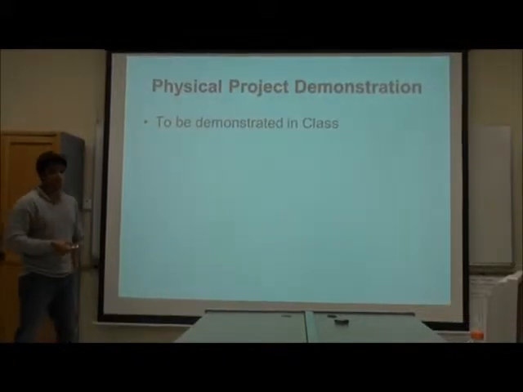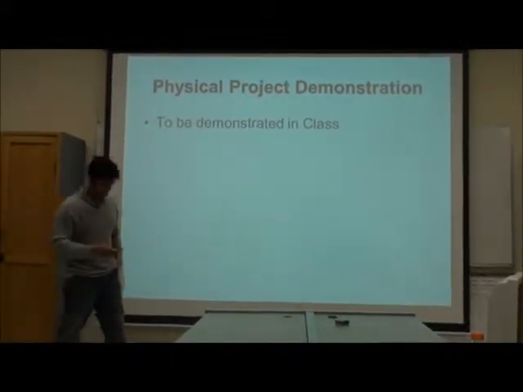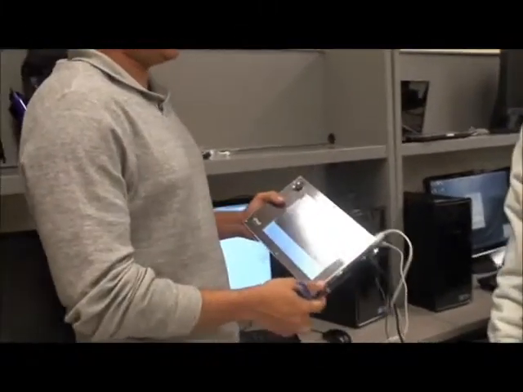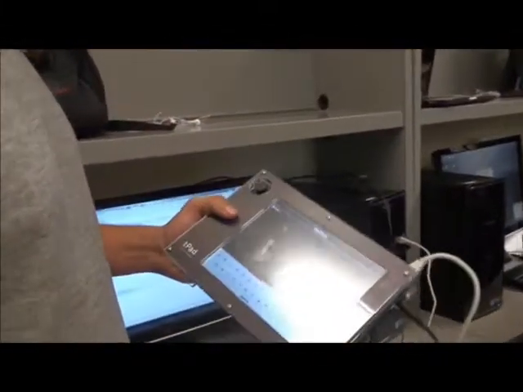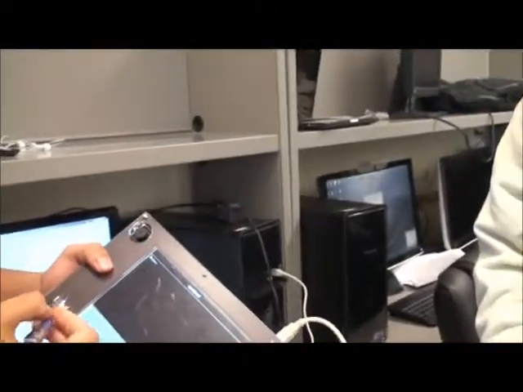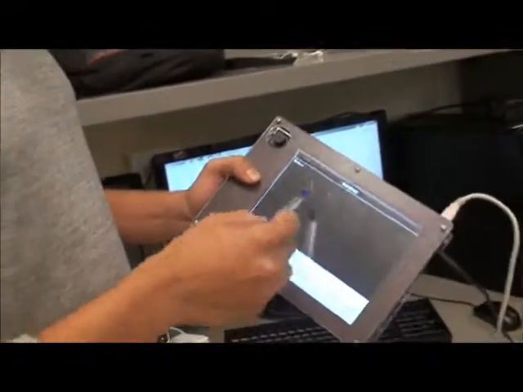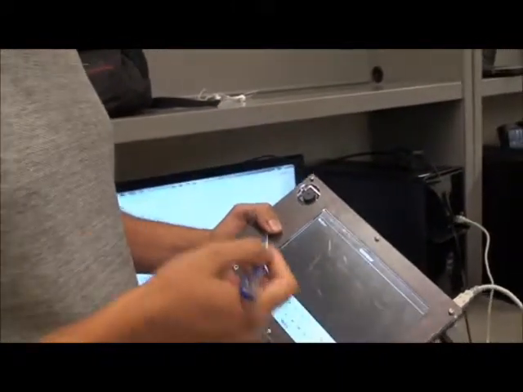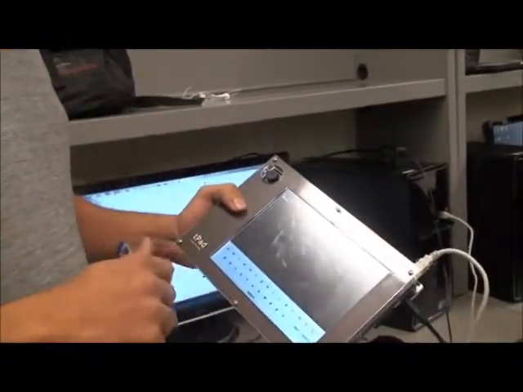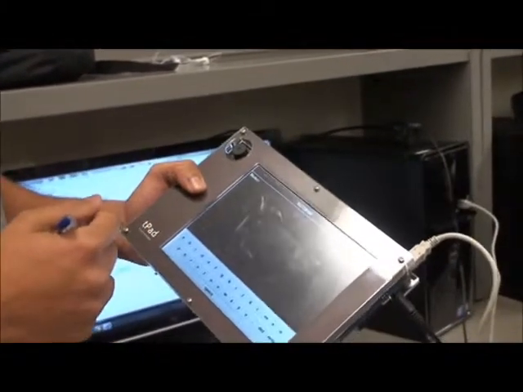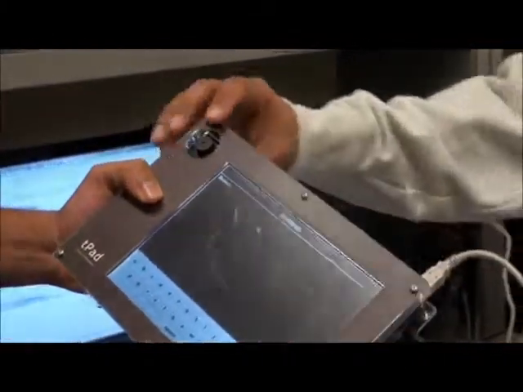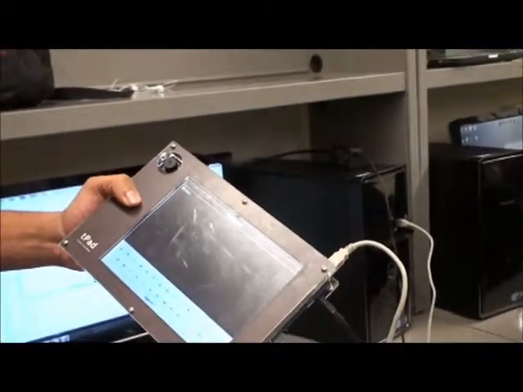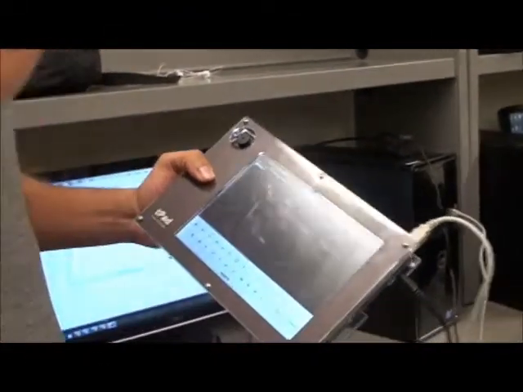Okay, let's see the demo on the TPAD. Here is the basic output of the notepad we developed. This is the open space where we normally type the text, and this is the keypad we developed. These are the basic functions like delete, and return goes to the next line. The space is a normal space between the words.